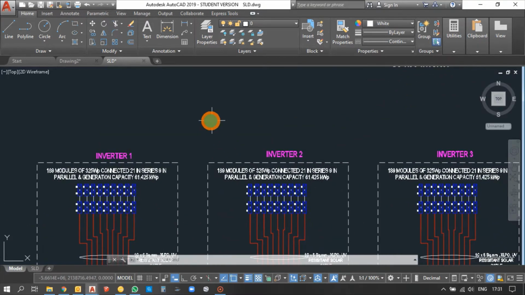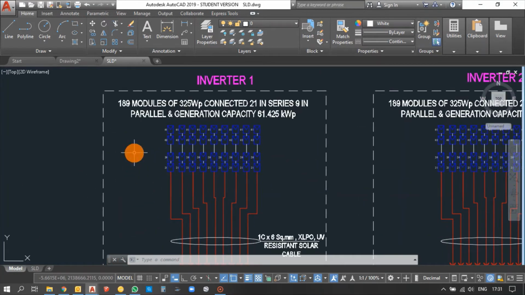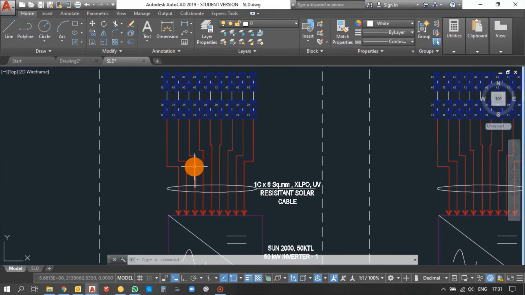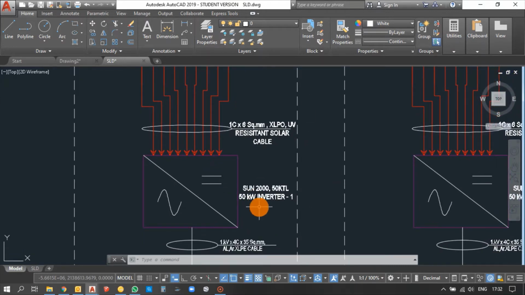Starting with the inverter, the first thing is configuring the modules to the inverter. We know the formula for calculating the number of modules in series and number of modules in parallel to the inverter, depending upon the input from the inverter as well as from the modules. The inverter I have selected is a 50 kilowatt Huawei. It has 6 MPPTs and each MPPT has 2 inputs. You can check with the datasheet of the 50 kilowatt.